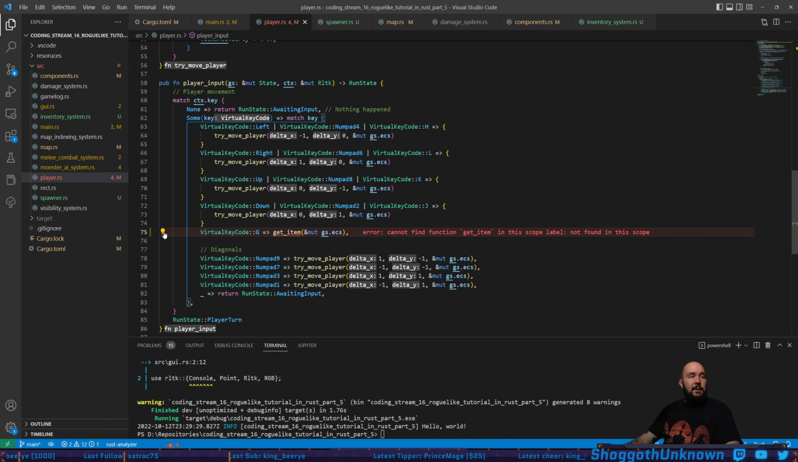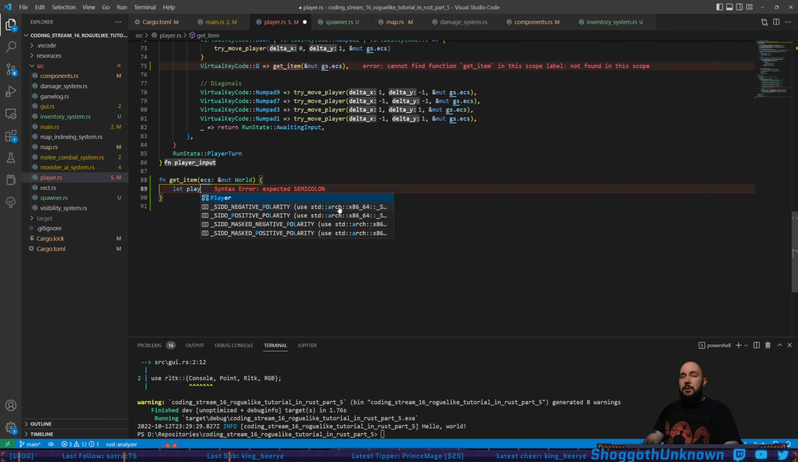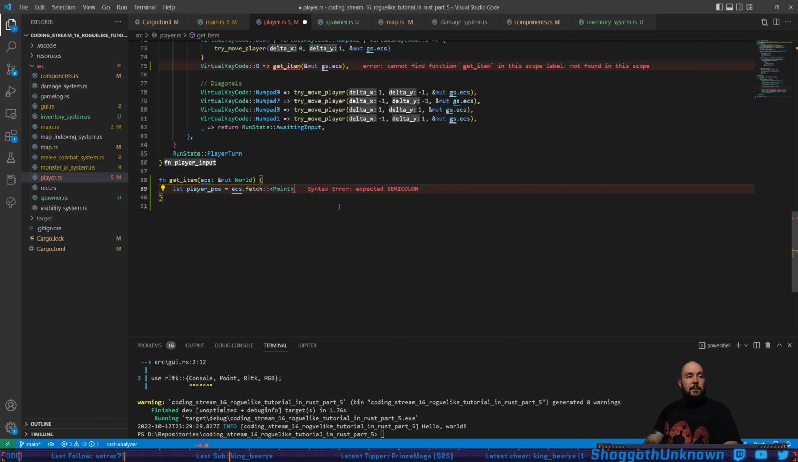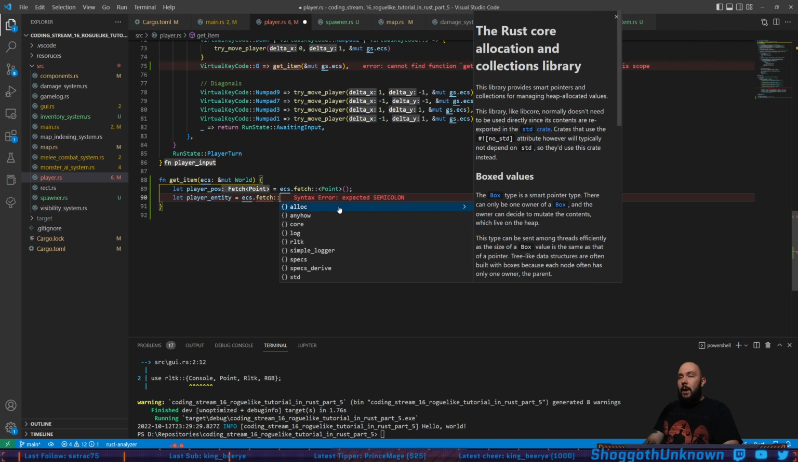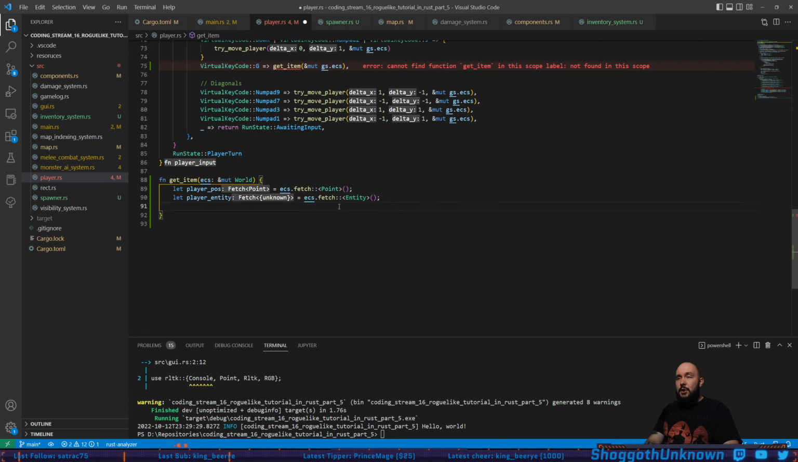Let's generate that. It's going to be here, right? Yeah. So ECS and mut world. We're going to get let player_position, so ecs.fetch. The weird thing for me is recognizing the difference between fetch and the read storage and write storage and all that. It's not necessarily difficult, but